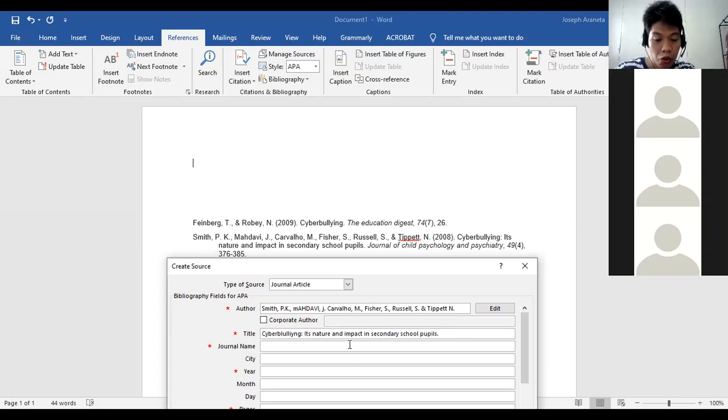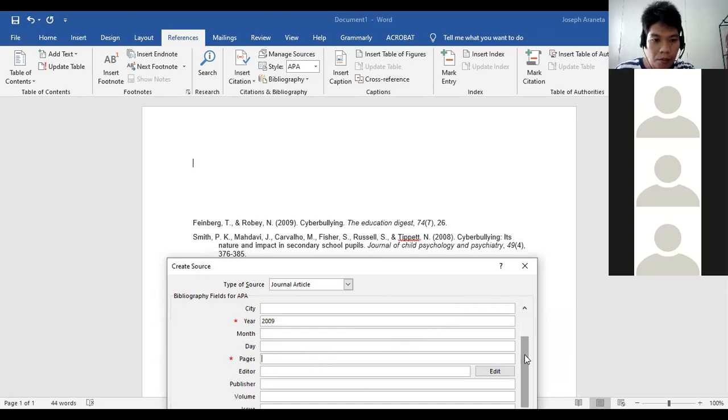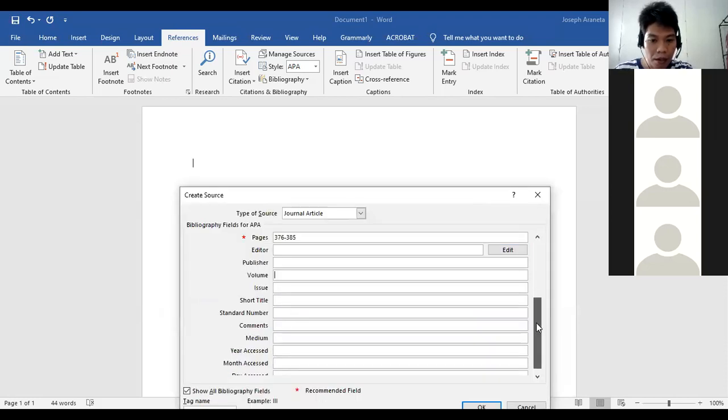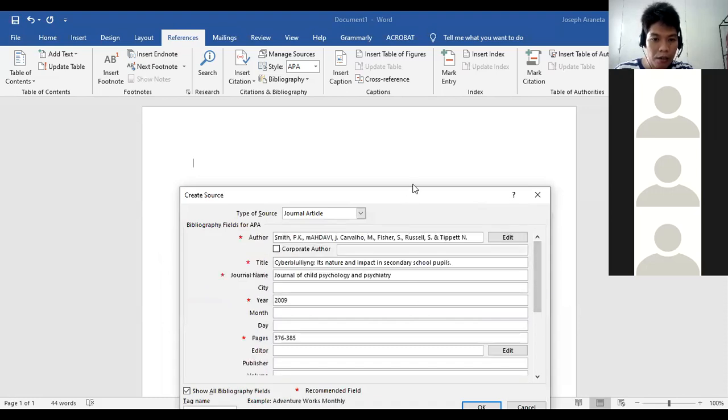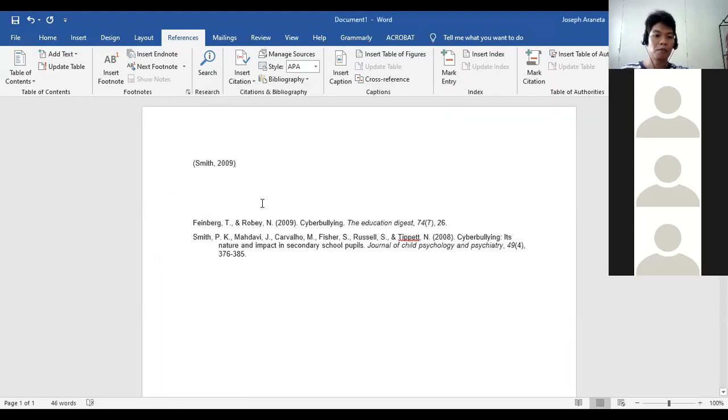Journal name: Journal of Child Psychology and Psychiatry. Year 2009. Pages 376 to 385. Then you click OK. Buhata lang na ninyo, pwede sa separate document niyo buhaton.